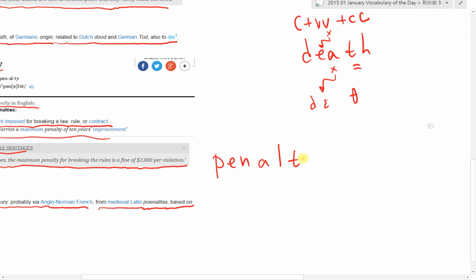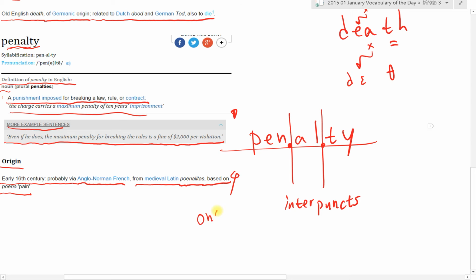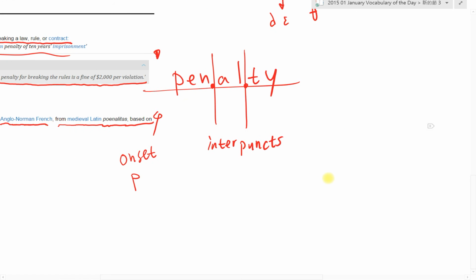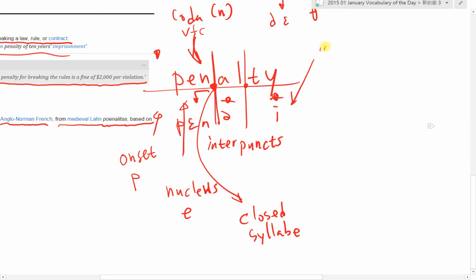好，第二个单词 penalty，P-E-N-A-L-T-Y。它是 pen interpunct al interpunct ty，重音在第一个音节。第一个音节的 onset 是 P，nucleus 是 E，coda 是 N，所以它是 V 加 C 的组合，形成一个 closed syllable。closed syllable 的话，它是短母音，所以念 pen。